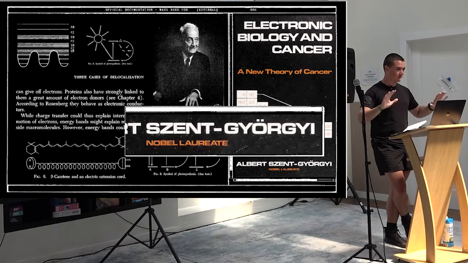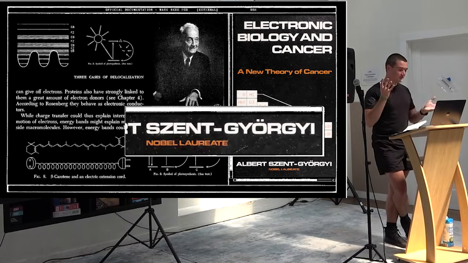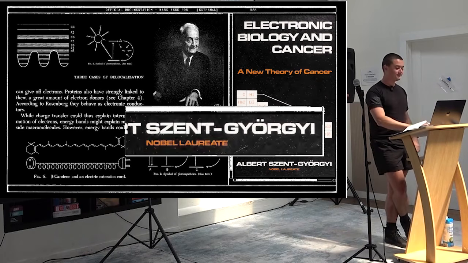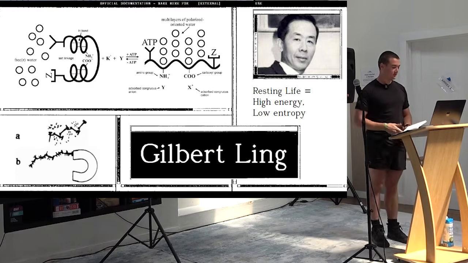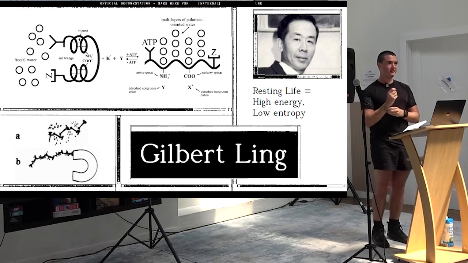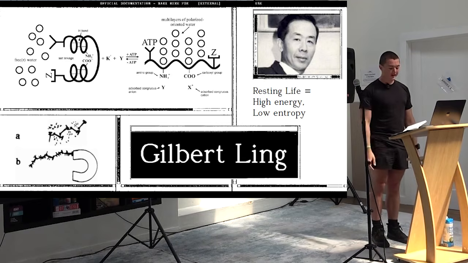And the second that it stops being in that state, you get stuff like cancer. So, electronic biology and cancer. Again, energy and structure, you can't separate them. And then later, building on some of these ideas, in the 1960s, there was this man named Gilbert Ling. Gilbert Ling really countered the general idea that was still pervasive even after Albert Szent-Györgyi won the Nobel Prize